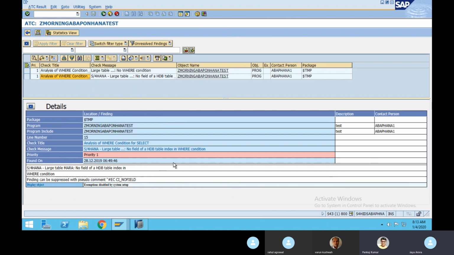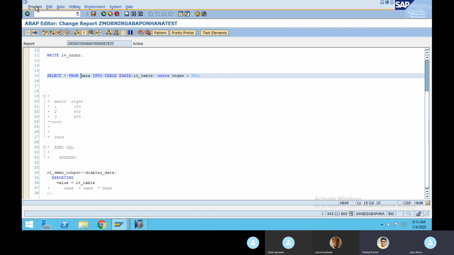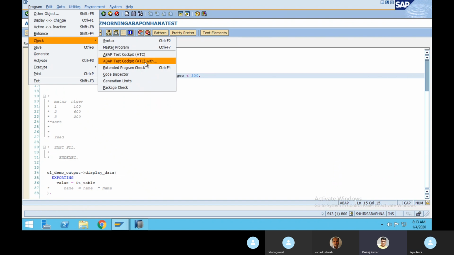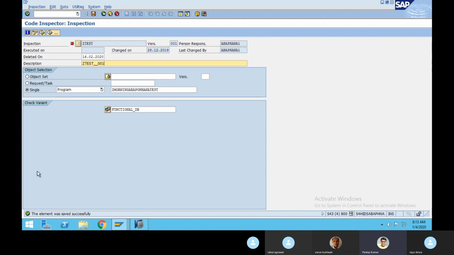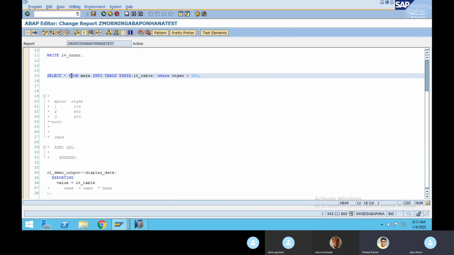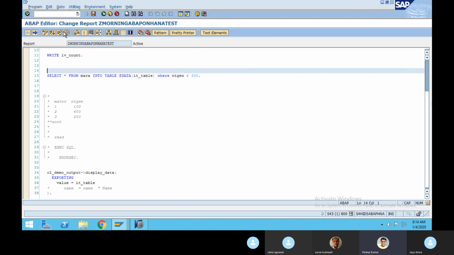So we can change the default variant also. Somewhere that option is there to check. We need to check where that variant is, but we can check the default variant, I think. I'm not sure about that. But from here, we can give the variant name specifically. If you go to SCI Code Inspector and create the inspection, we can give the code variant. Here by default, when we check and use the ABAP test code, I think this is the variant. Let me check once.